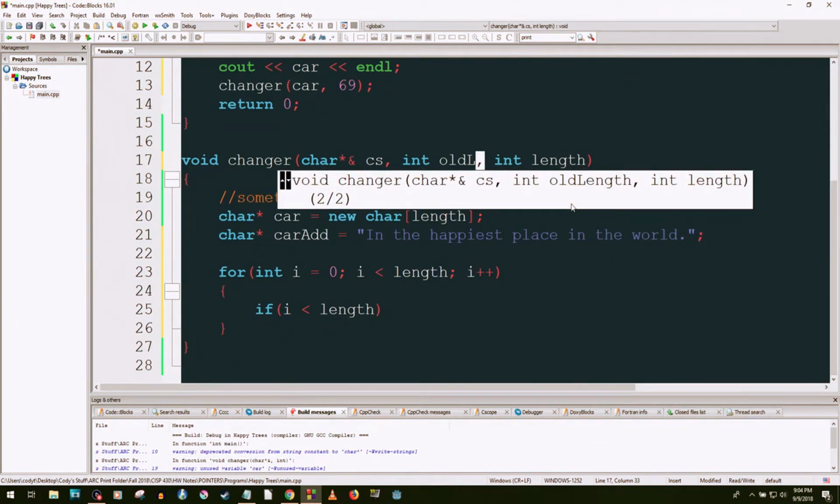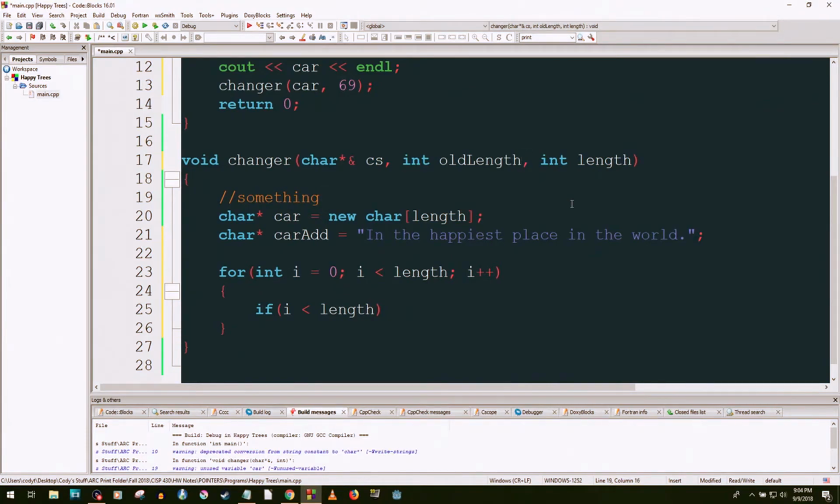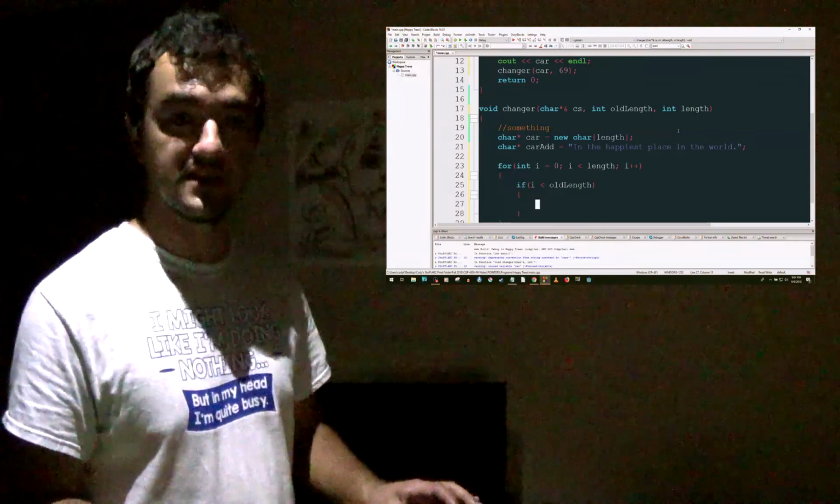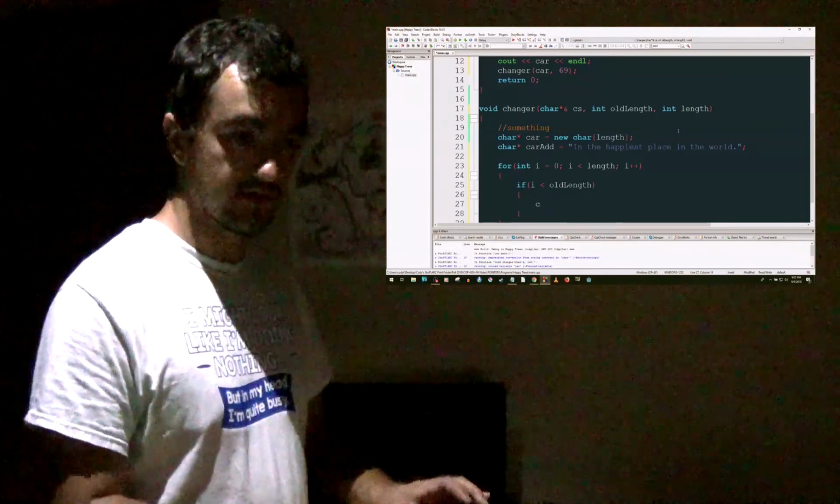Old length. Okay. Bam. I think I spelled it the same. Okay. So if I is less than length, what do you do? I mean, if I is less than old length, what are we going to do? Well, what we want to do is we want to add all of the old CS into the new car variable. Let's do that. So car,